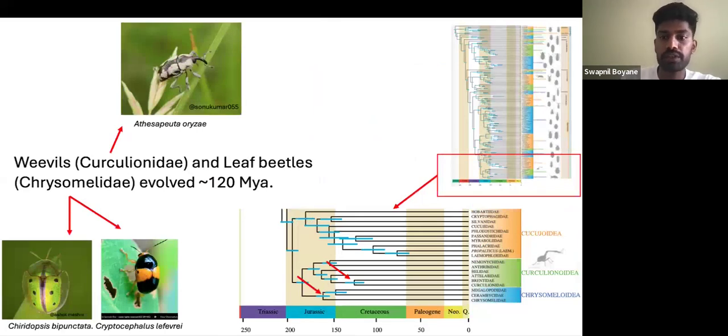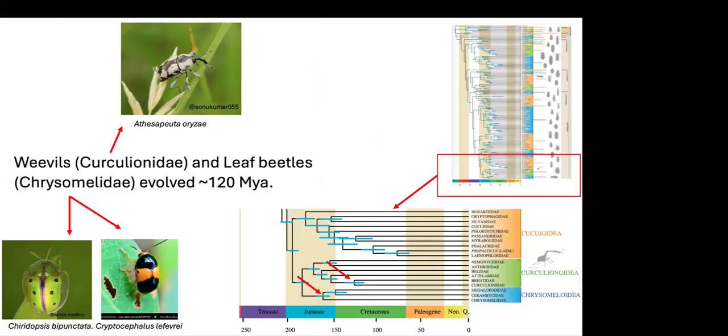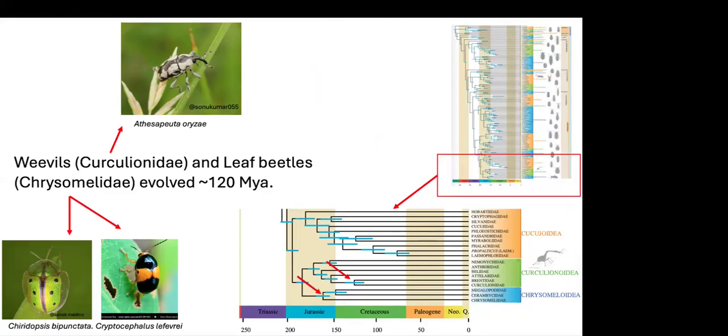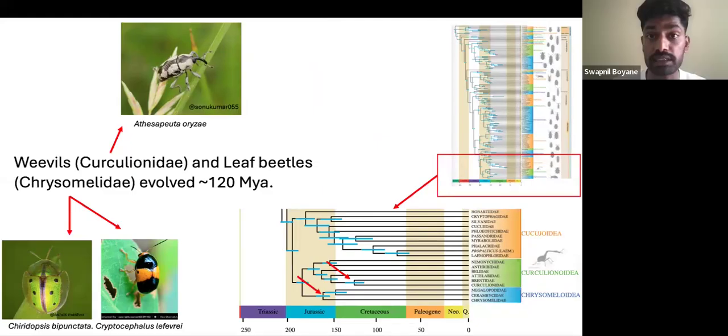So now, you do not need to get confused at this slide. What I want to focus on here is that, as I mentioned in our first section on diversity, these weevils have 60,000 species. That's the largest number of species under a family, right? So why do they have 60,000 species? This figure here shows that, the arrows, this